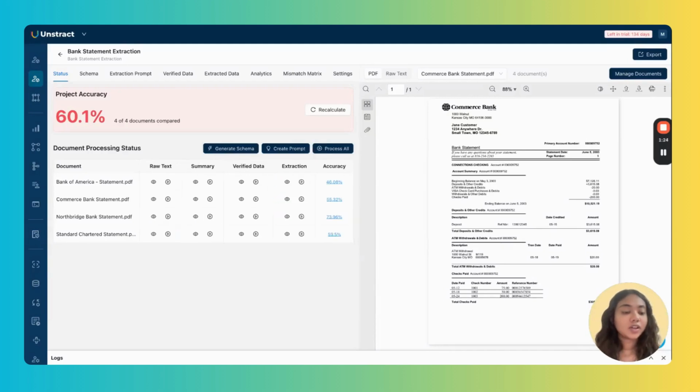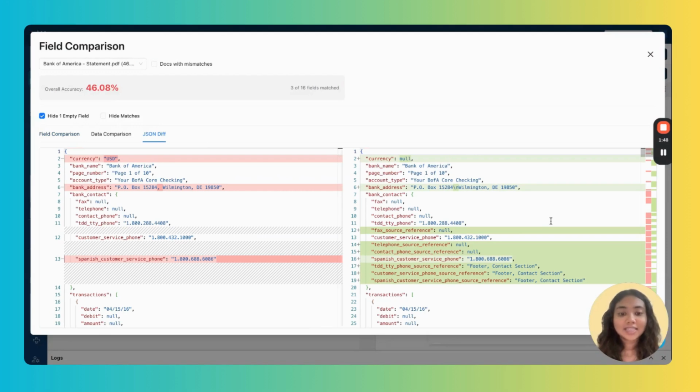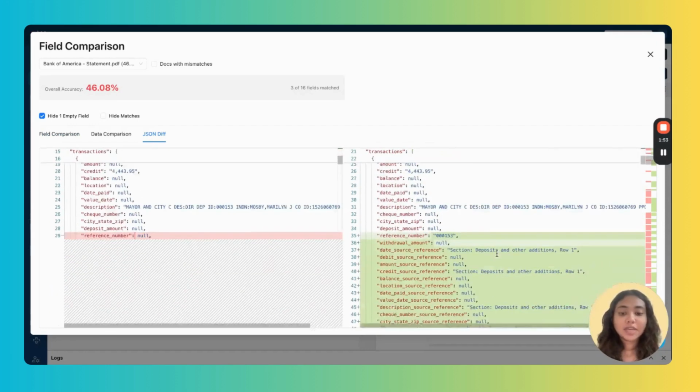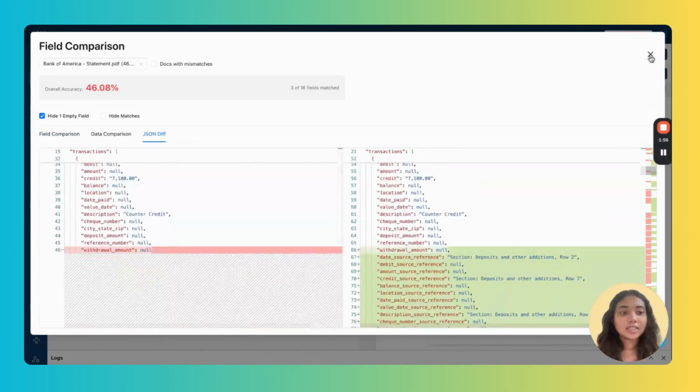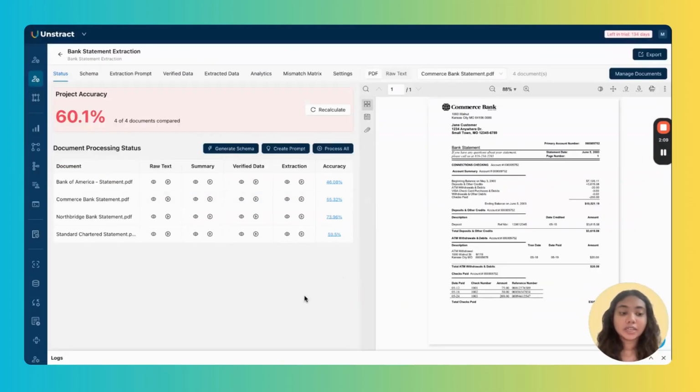You can see that once the extraction run is complete, the system automatically calculates a project accuracy score, which gives you an indication of the overall accuracy of the project. And you also have the individual accuracy scores given over here against each test document. Now, to understand where exactly your errors are, I can just click on the accuracy score. And the system also automatically highlights the mismatches between the extracted data compared with the verified data set, and you can go through these highlights for each of the sample documents. And so this is basically how you get to debug your results.